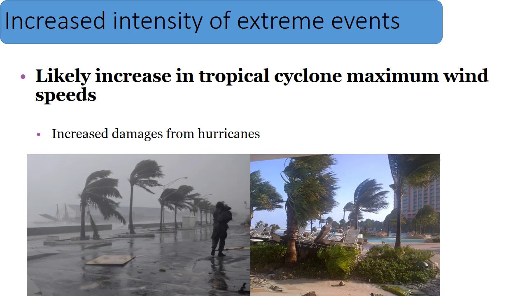All right, Hurricane Joaquin was about a Category 3 when it hit most of our southern islands. You could imagine if it was a Category 4 or Category 5. All right, very devastating impacts. And imagine if we had a Category 5 hurricane that hit Nassau. Most places would be underwater.